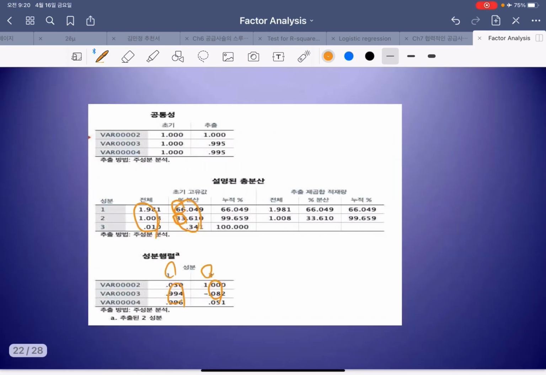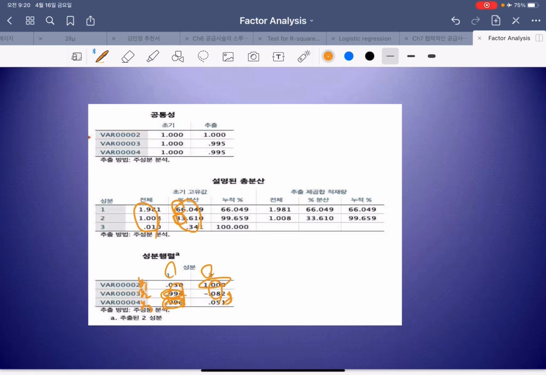If we look at the factor loadings here, we have a high factor loading here and a high one here. These ones are low. Since we have high loadings for variables y2 and y3,